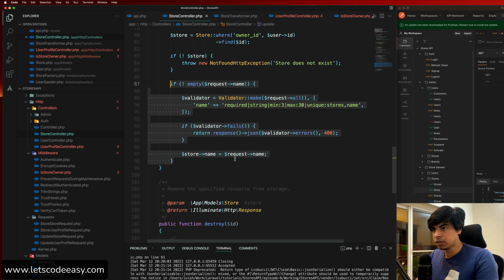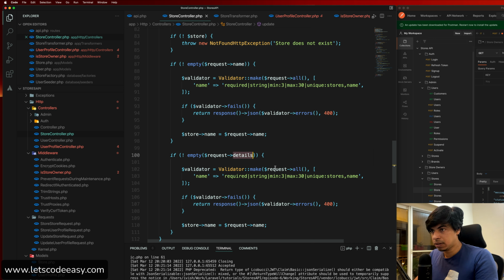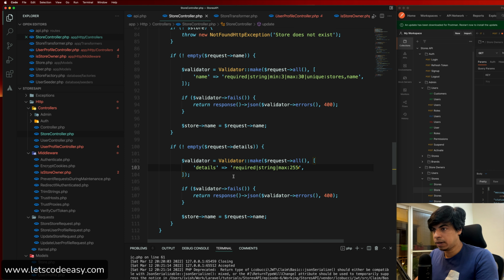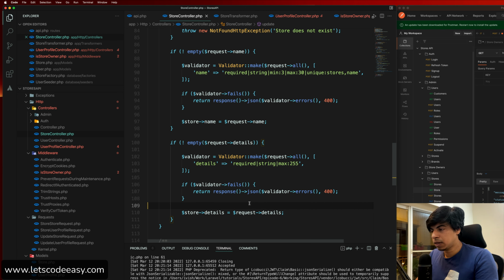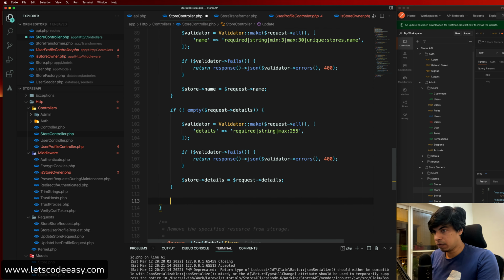Similarly, if it is details which is getting passed instead of name, then I update. I check for details. And minimum, maybe I don't need a minimum, but maximum I should make sure that 255 is coming through. And uniqueness I don't need to check for sure. That's the only check I might do. So details, if it is details, I set details. So that's also done. So the validator is checking and then sending the response back. So 2 checks, and finally